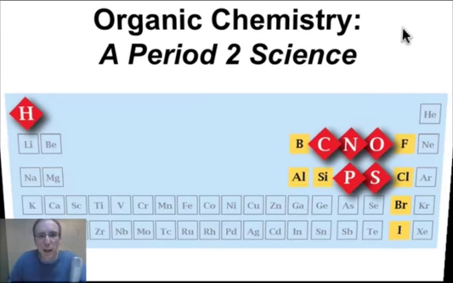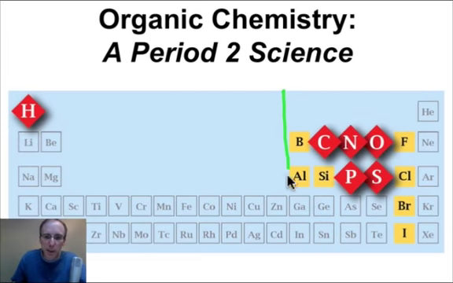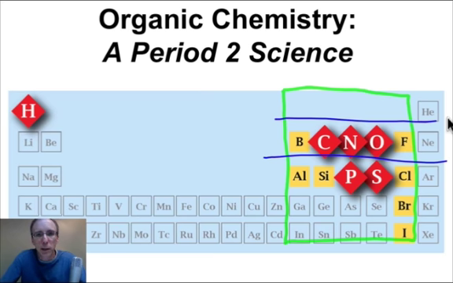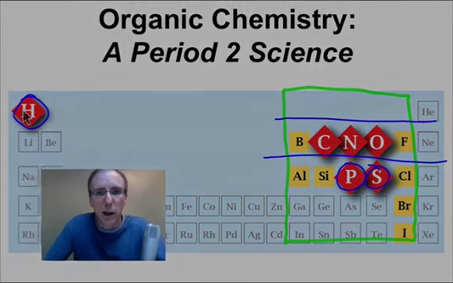I think you can see that if you're interested in living systems, it's the P block of the periodic table where all the action is. We're going to be especially interested in the second row, the period 2 elements, because that's where carbon, nitrogen, and oxygen are found. There's a couple of third row elements, phosphorus and sulfur, that are important, and of course hydrogen is important as well, and those are the main elements of organic compounds that we'll be studying over the coming